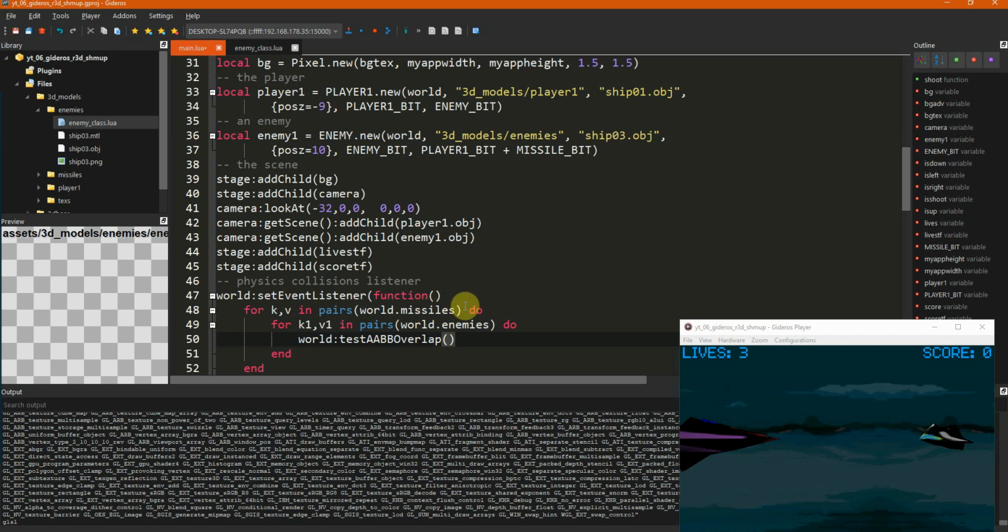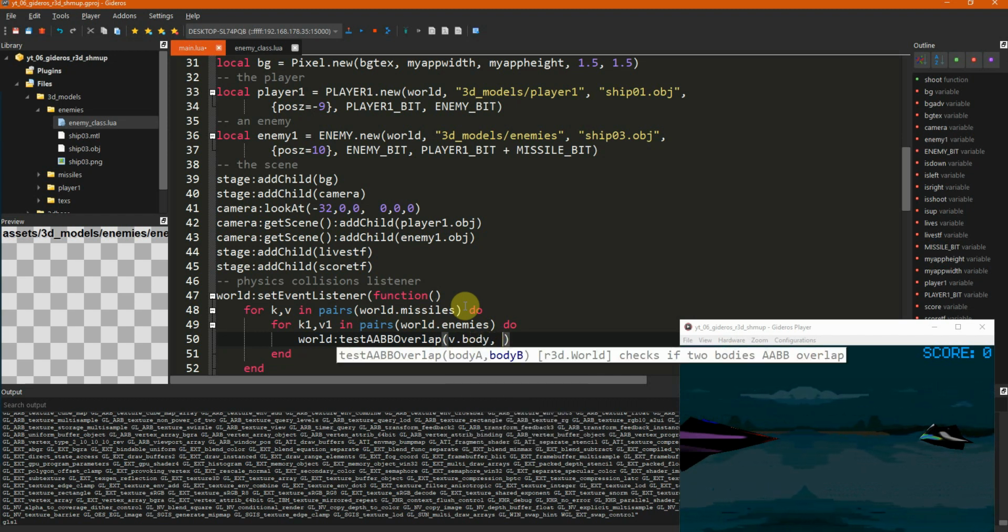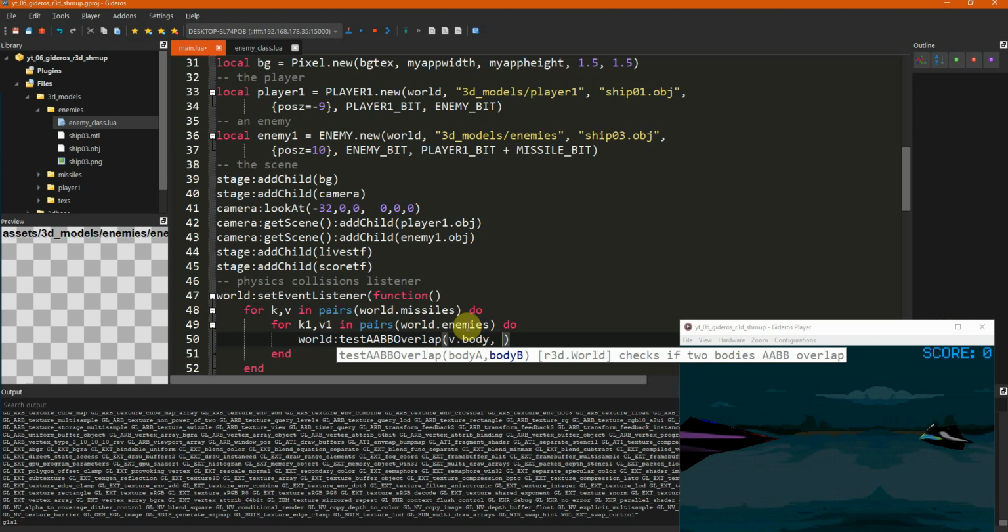So we take v.body, and the body B is going to be the enemy body. So that's enemy body stored in the v1.body.